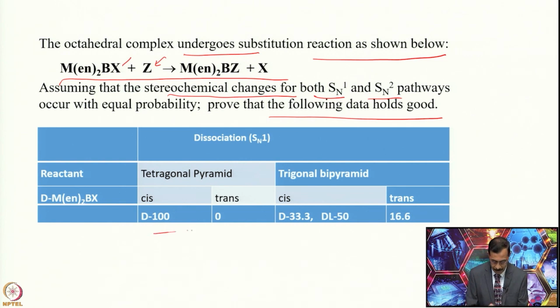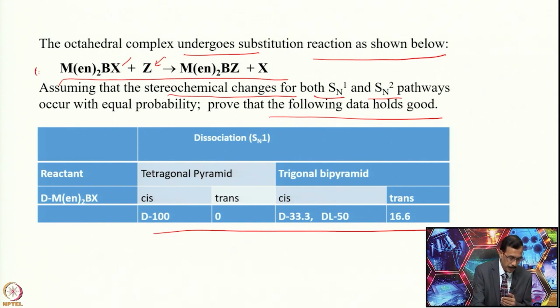So, this data is given. Now, you have to look into the validity of data by solving this problem. For this, you take this compound, this is a cis compound, of course, otherwise it is not optically active. A trans compound is not optically active. We have to consider only cis here, and then you go for the